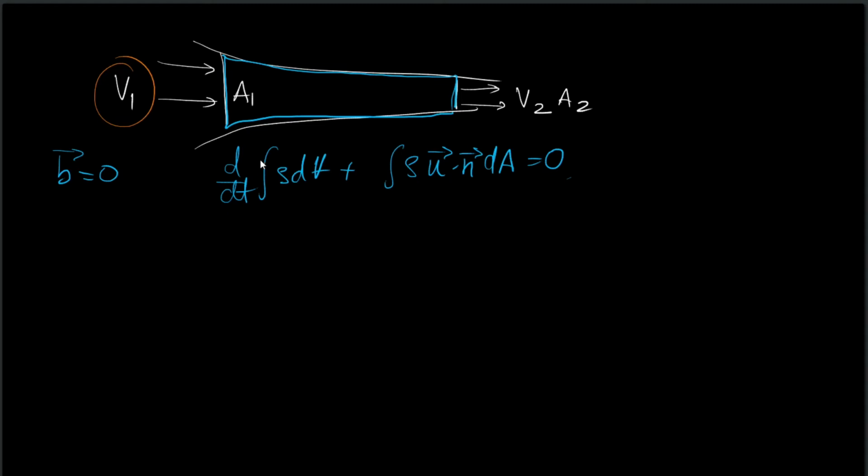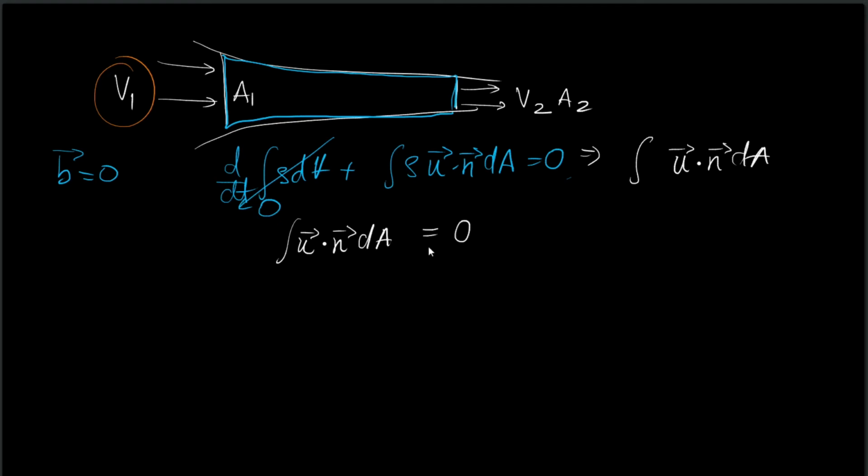So now if we choose a steady state problem, that is the velocities are not changing in time, this particular term vanishes and we are left with integral rho u dot n dA. And if rho is constant, this particular term drops from the integral. So essentially, integral u dot n dA